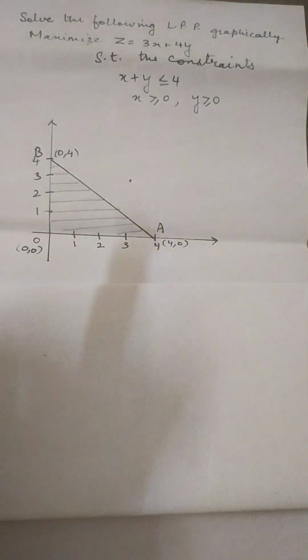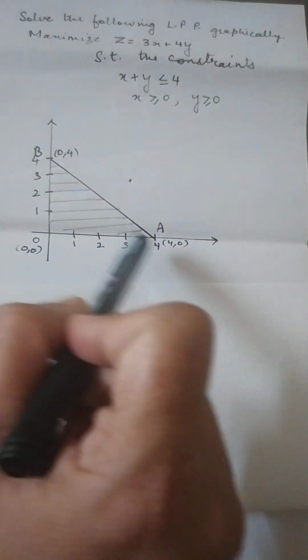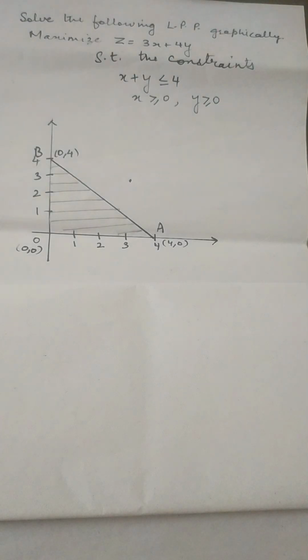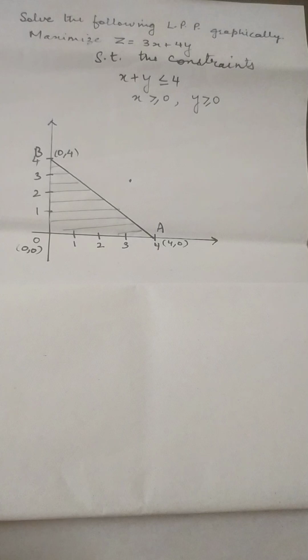Now here you note that this region is bounded by the three line segments OA, AB and BO, and this is a closed one. Now whenever you have this type of situation, then the z function would have the maximum as well as the minimum value, right? So maximum and minimum value you can find out for any bounded region. But if the region is not bounded, then it may or it may not have the maximum or minimum value, and if it exists, it occurs at the corner point.